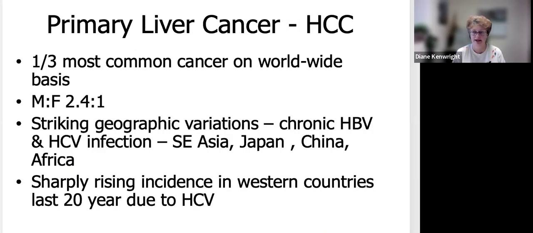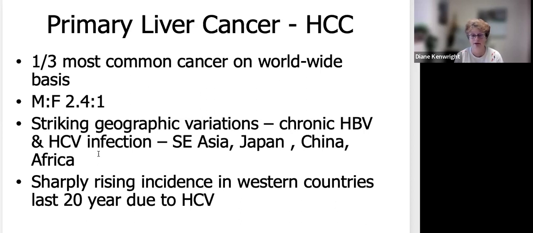And then there's liver cancer. There are 2 kinds of liver cancer. The first kind is hepatocellular carcinoma, which arises from the liver parenchymal cells and is associated with cirrhosis, and also associated in particular with hepatitis B. It's a very common cancer, the 3rd most common cancer on a worldwide basis, because of all the maternal-fetal transmission of hepatitis B in less developed countries. So chronic hepatitis B and C infection in countries through Asia and Africa give rise to a high